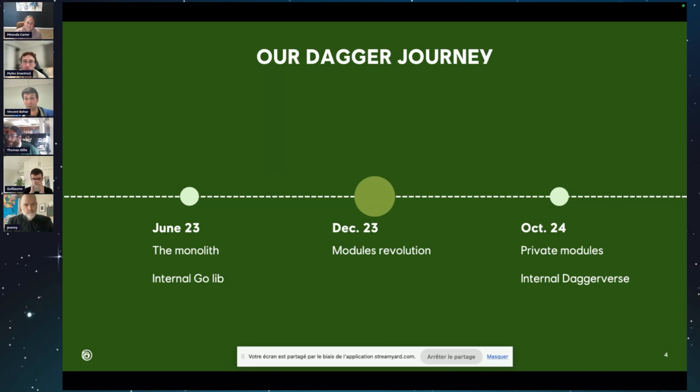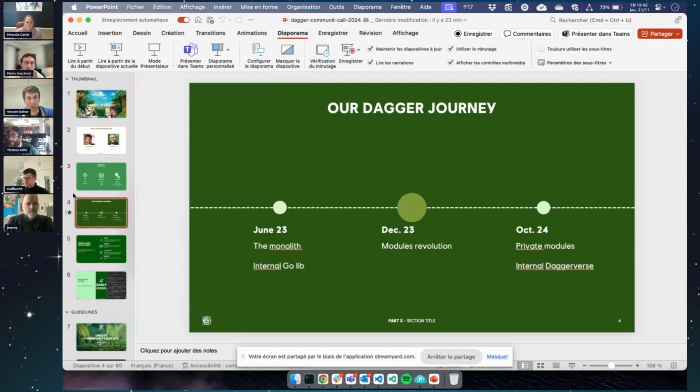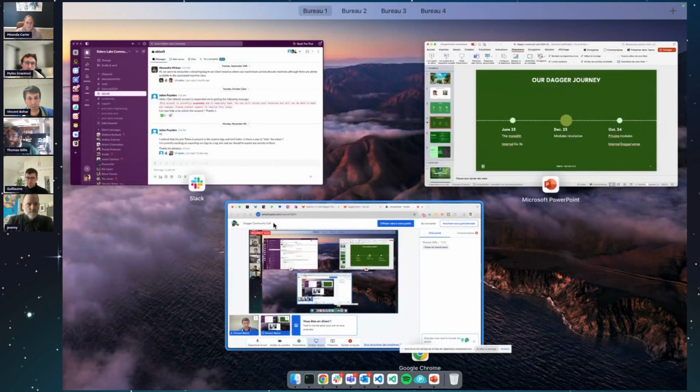And that's when we started to have another closer look at modules and to see what we can do with them. And in a few weeks we started to build what we call our own internal daggerverse, a set of Dagger modules that we can reuse for our own specific needs. So that's when I'm going to stop sharing that